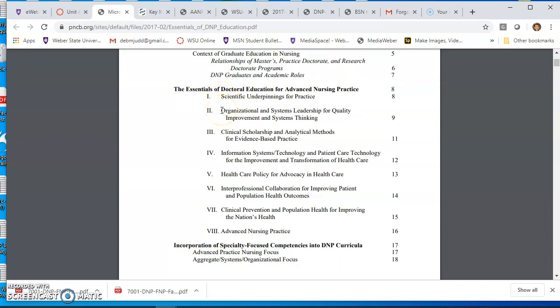The second one is systems leadership and quality improvement, and thinking about what you do not only from a patient individualized perspective, but also a population, so all patients, for example, that might have hypothyroidism. And then from a systems perspective, how do you care for those patients, and how do you make the process of care better for them? And looking at that from quality improvement, decreasing errors, making accessibility more readily available for those patients that you care